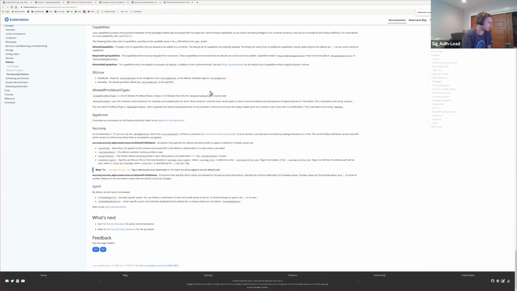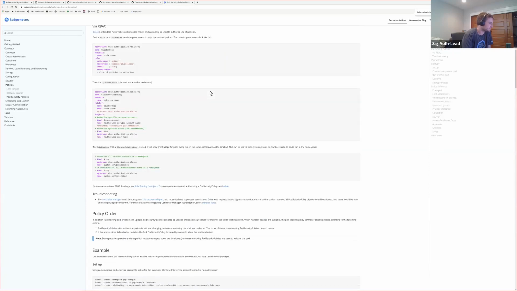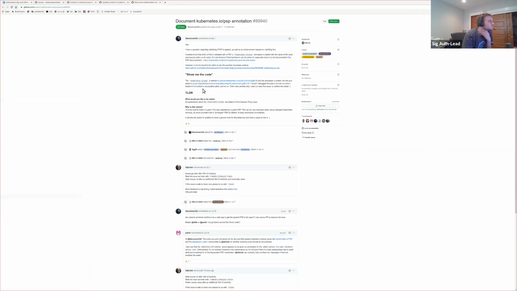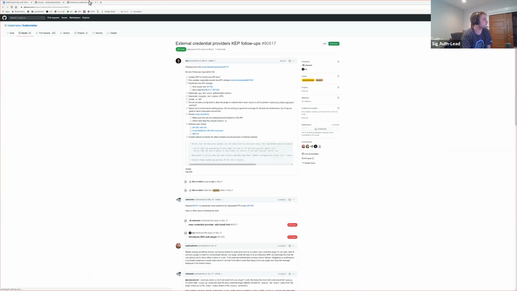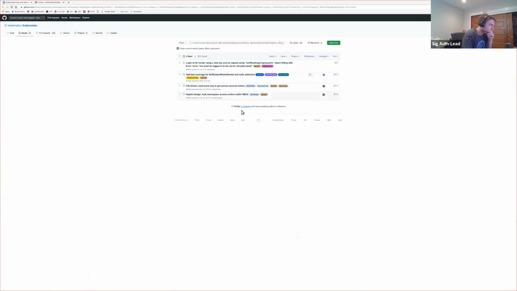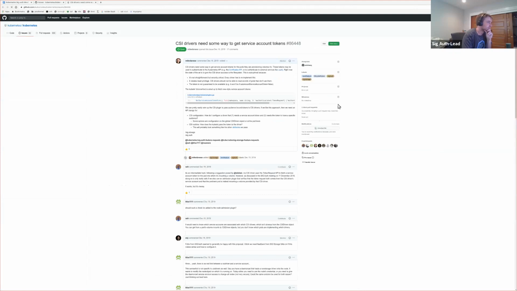Okay, so it does not appear to be documented in the main docs. Okay, I sent it to him. The CSI driver needs some way to get service account tokens. This is weird. I think